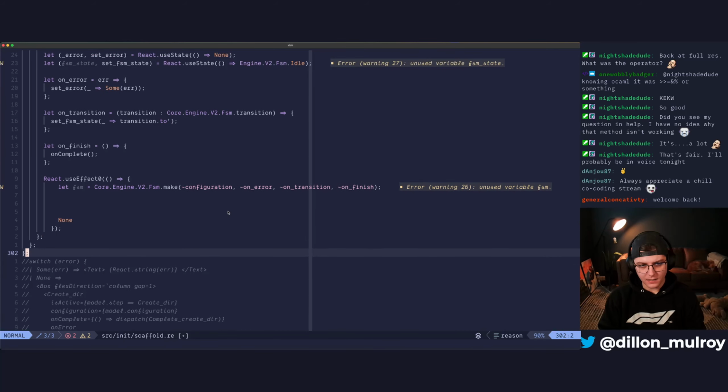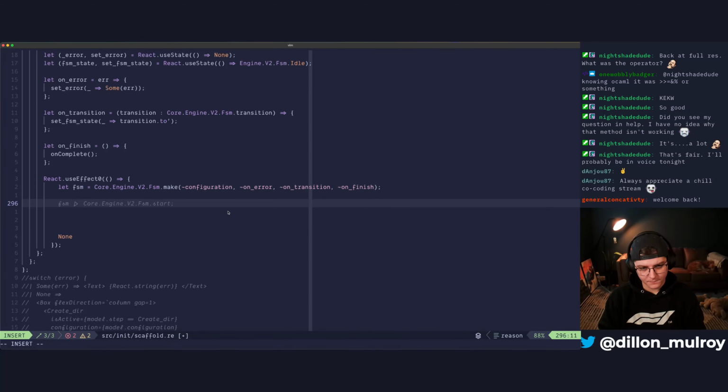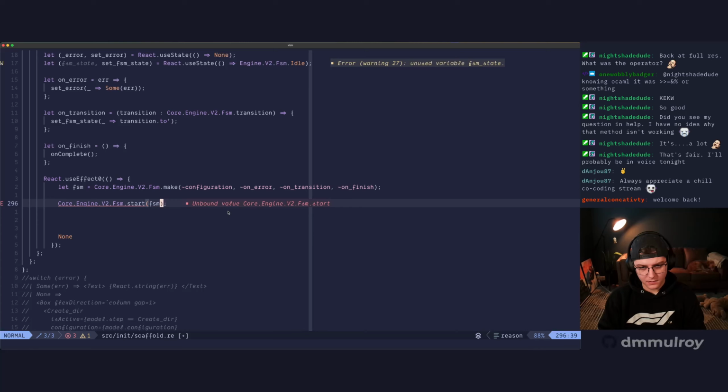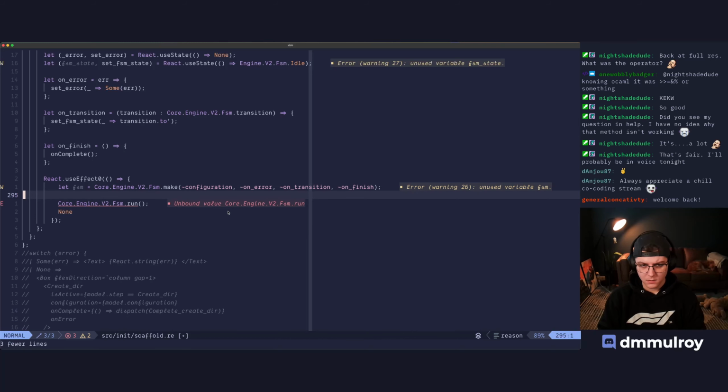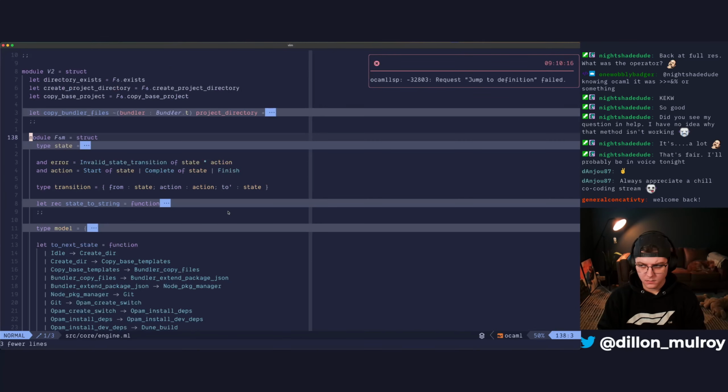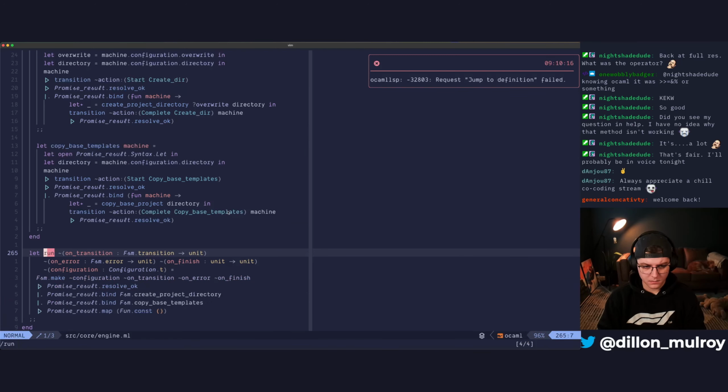So let's see if we can even log out, like, if we say core.engine should be just .run, and this should take our configuration. Or no, what does run take? This should actually just be a unit. Let's go to this function quick. And this is going to be